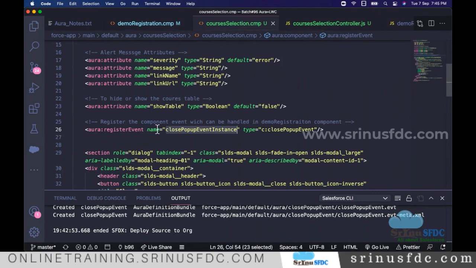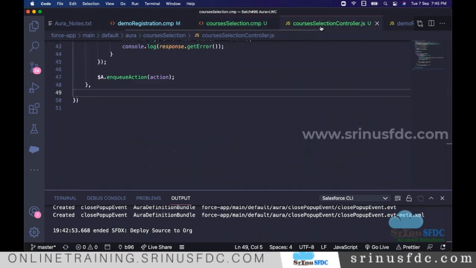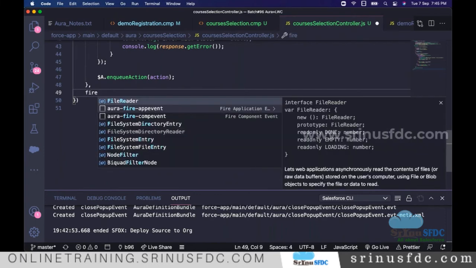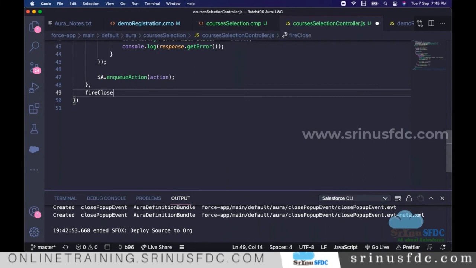So on the UI, we are registering. Here we are going to write the function. I'll show you when exactly we need to call this function. I'll say fire close pop-up event. And this is the name I'm using. Okay, so function